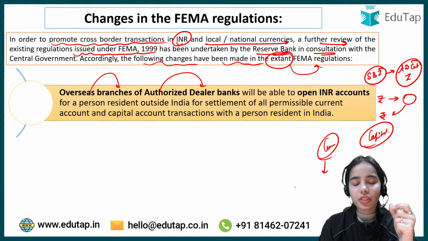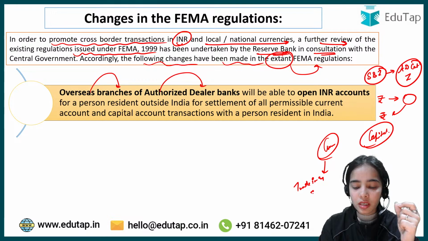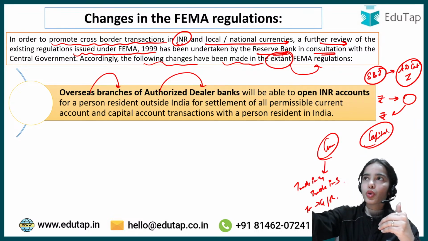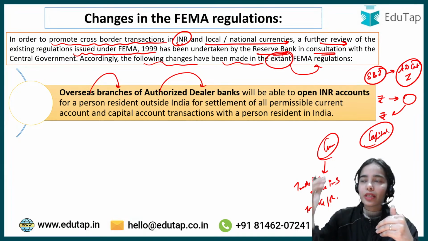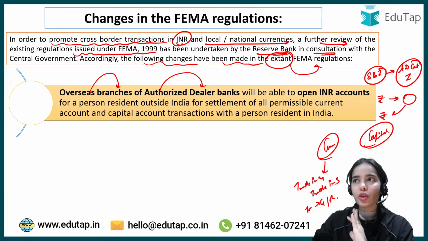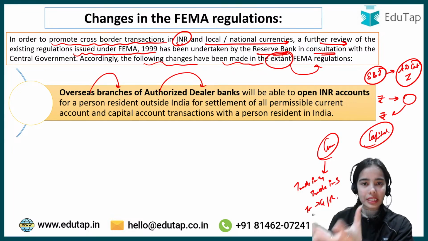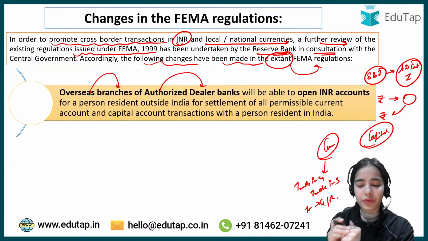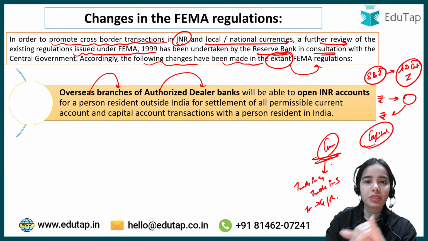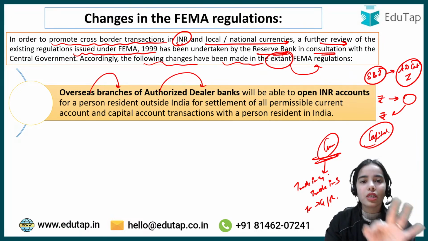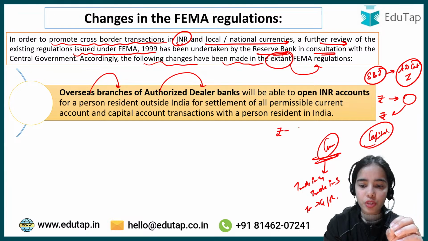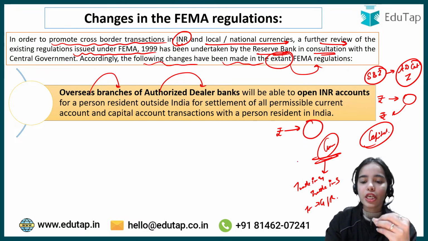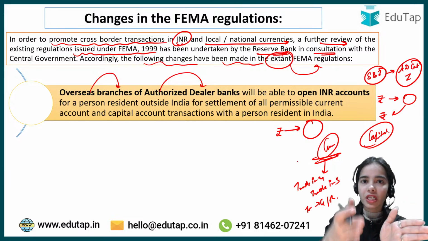Current account transactions mean trade in goods, trade in services, as well as transfer payments such as gifts and remittances. Let's say you want to send money to your relative or sibling who is living in the US, so you are sending money outside, or the NRIs, the non-resident Indians, are sending money to India, like money coming from Singapore, Dubai and many other countries, right? So current account transactions mean trade in goods, trade in services, and transfer payments. For that, the rupee has to be converted into other currencies. Let's say you want to buy an iPhone, so the rupee is being converted into dollars.